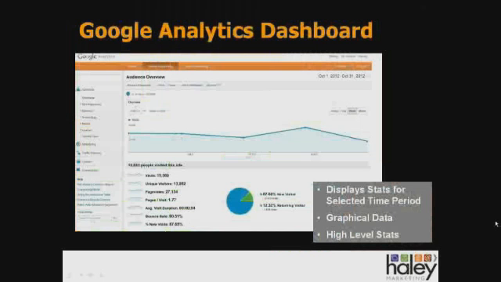Like Brad said, this is the first screen you're going to see when you log into Google Analytics. It's been installed on your site. It's been collecting data. So now let's go in and take a look at it. This screen that we're looking at right now is called the dashboard. And I'm going to point out a couple of key features that are going to be present wherever we're looking